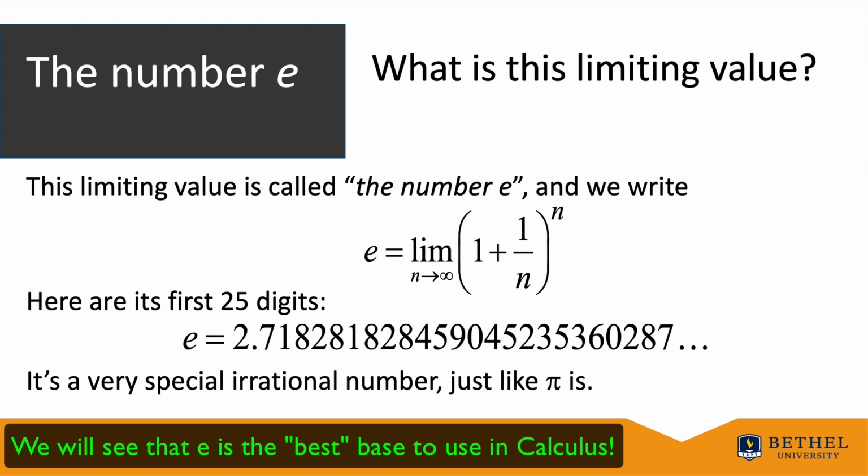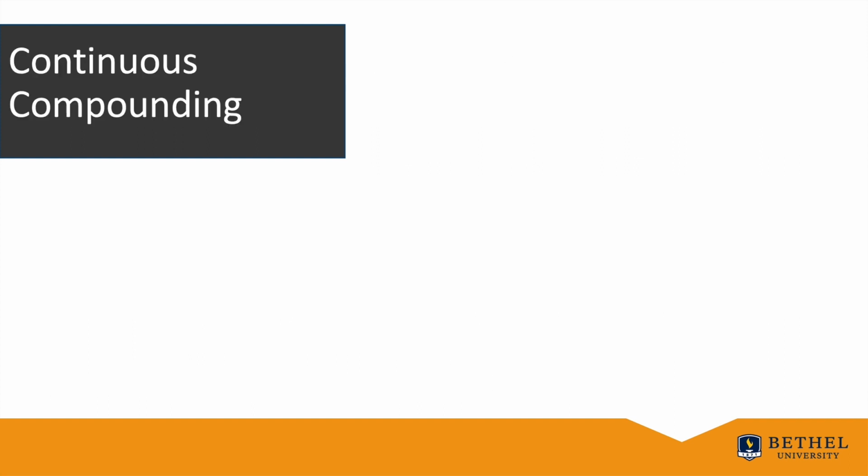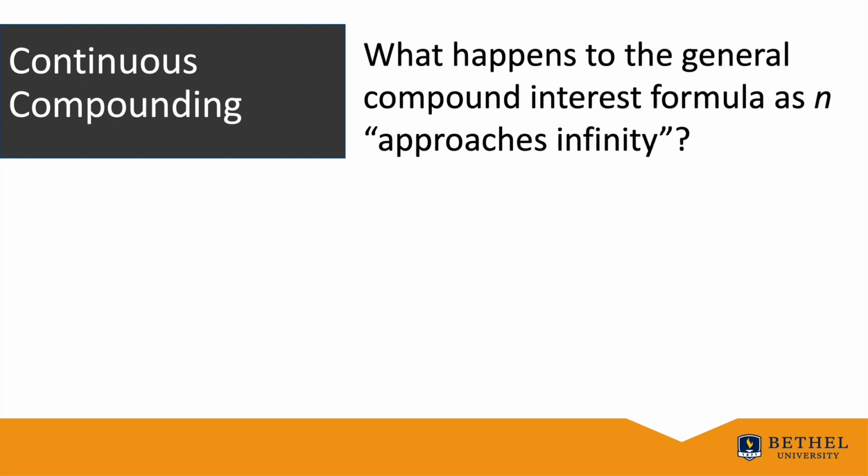All this might seem a bit vague. What does it really mean to approach this number? And what does it mean for n to go to infinity? After all, infinity is not a number, is it? In fact, the limit concept and how we treat infinity is at the heart of what distinguishes calculus from plain old algebra and pre-calculus. We could also ask what happens in the general case for compound interest as n approaches